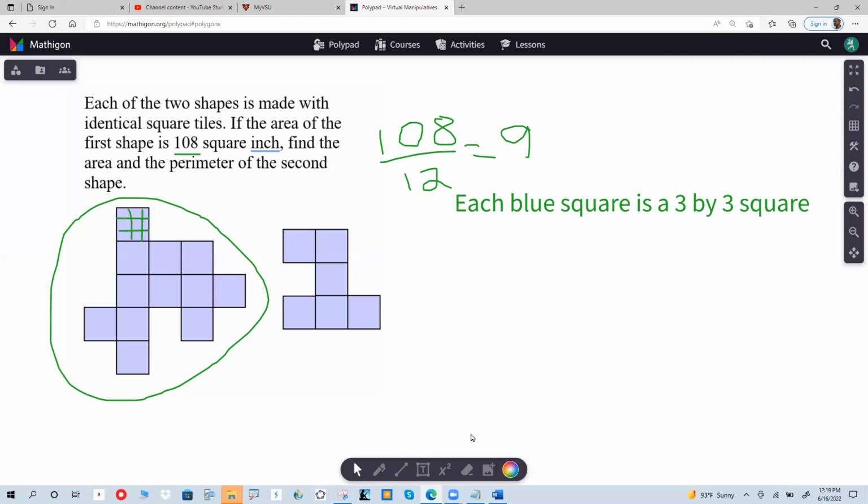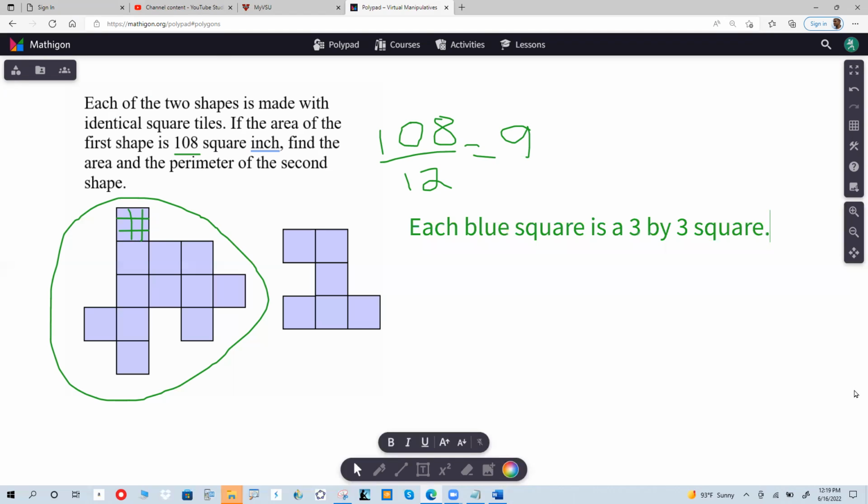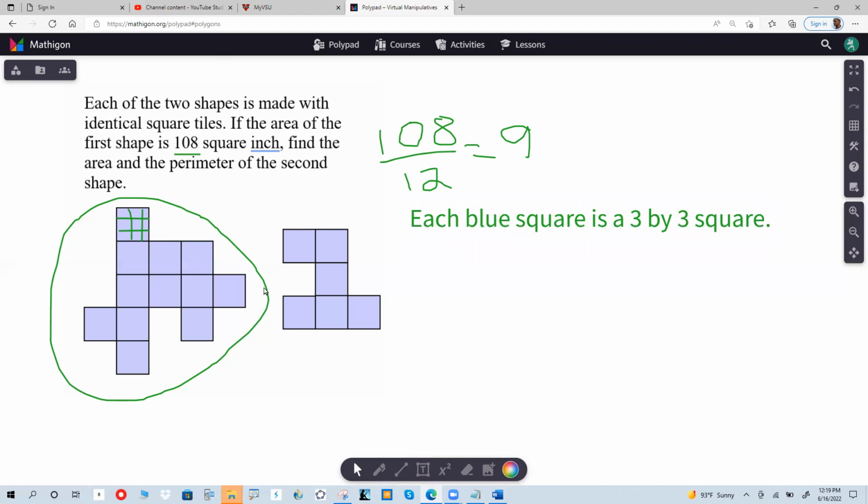All right. And I do want to see that. That's why I have a nice little sentence here to remind me. I'm not going to fix my picture or adjust it. Now, I need to find the area of this. That's easy. Let's count them carefully. 1, 2, 3, 4, 5, 6. So the area is